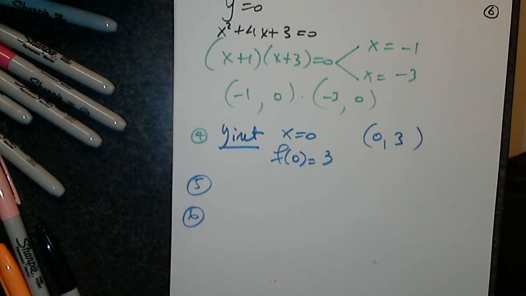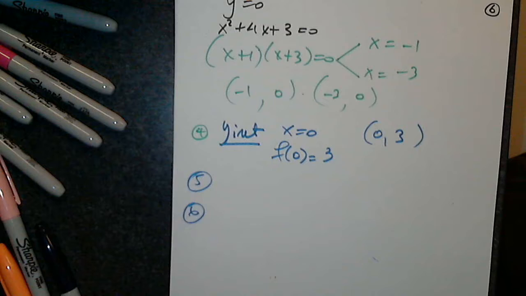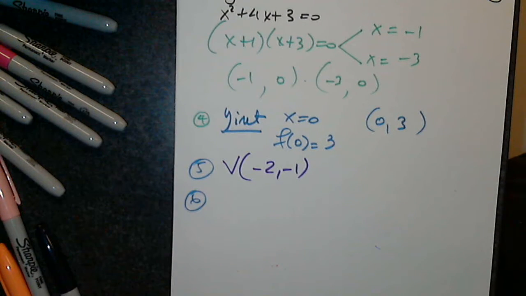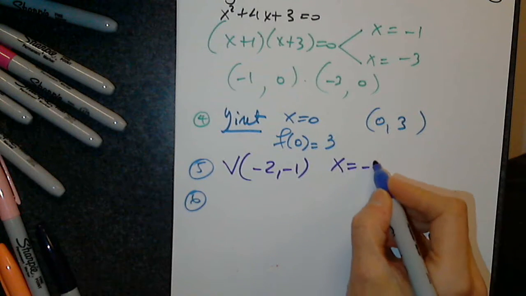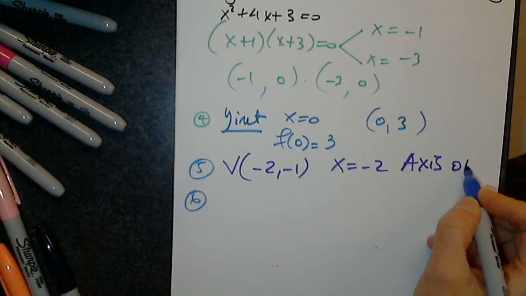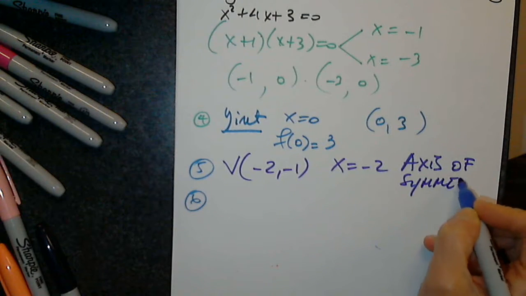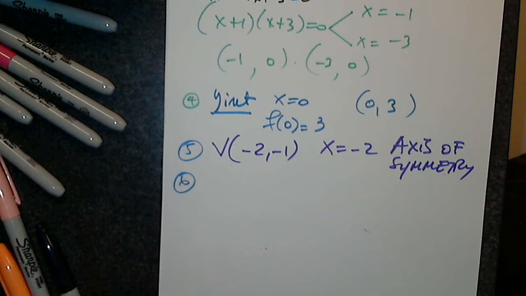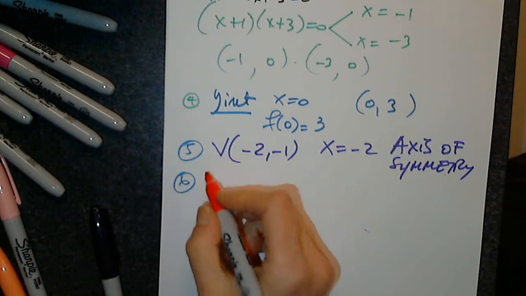Can anyone give us a vertical line that passes through the vertex? I refresh your memory, it is -2, -1. What is the vertical line passing through this point? Thank you very much. Axis of symmetry. Finally, what did we decide that this function had? A min or a max? One more time. Very good. The minimum